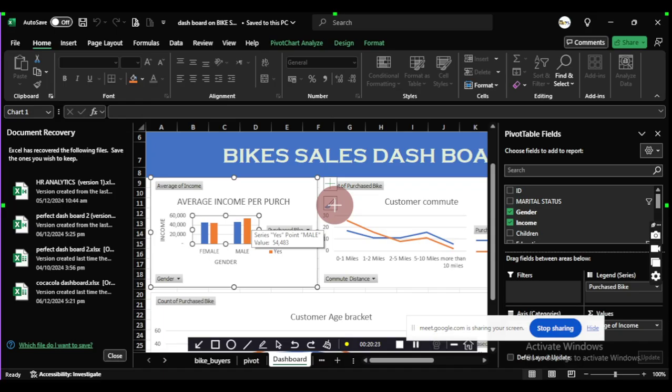Look at this one, they have 44. This one is having 46. So this is just descriptive analysis. It is clear to explain what is happening in this data. We know what is happening there.